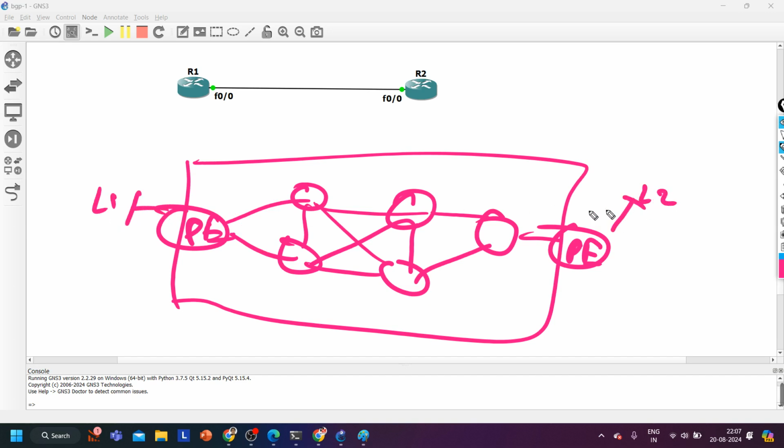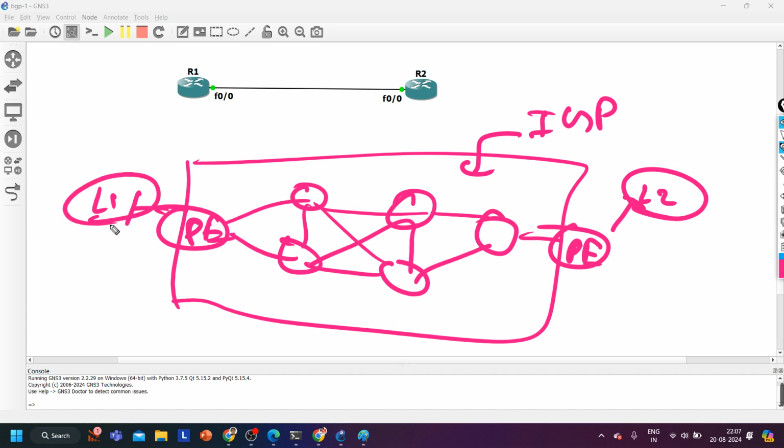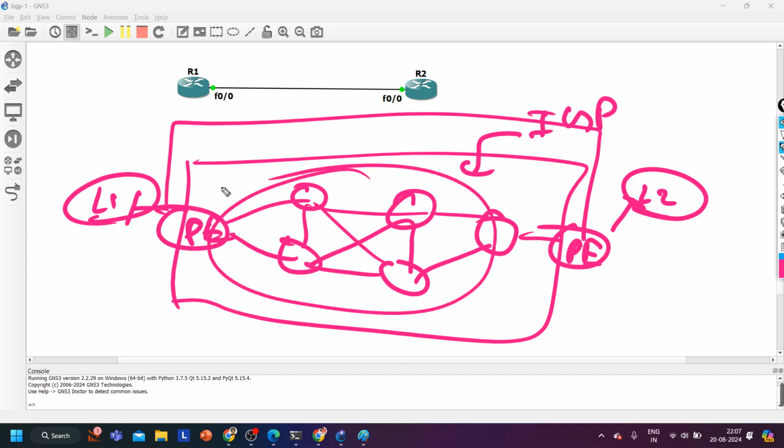Here I can create one loopback 2, and I can configure any IGP protocol here to make reachability between loopback 1 and loopback 2, and we will share lots of prefixes, lakhs of prefixes, between PE to PE directly, right? Because now we have BGP neighborship here, right? So I can share lakhs of prefixes between PE to PE without installing those routes in the routing table of these routers,